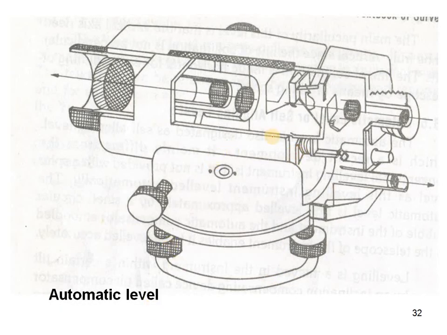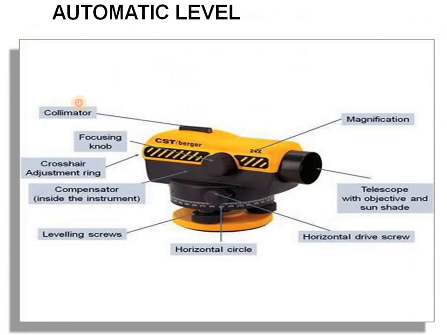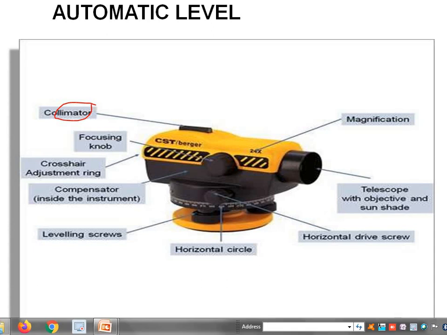So this is the inside portion of the automatic level. The inside of the telescope will be like this. This is the total telescope we can see, and this portion is our sighting object, eyepiece, and this is the object glass, and this is a bubble tube, center one. So the collimator, on the top portion, will have stabilization.